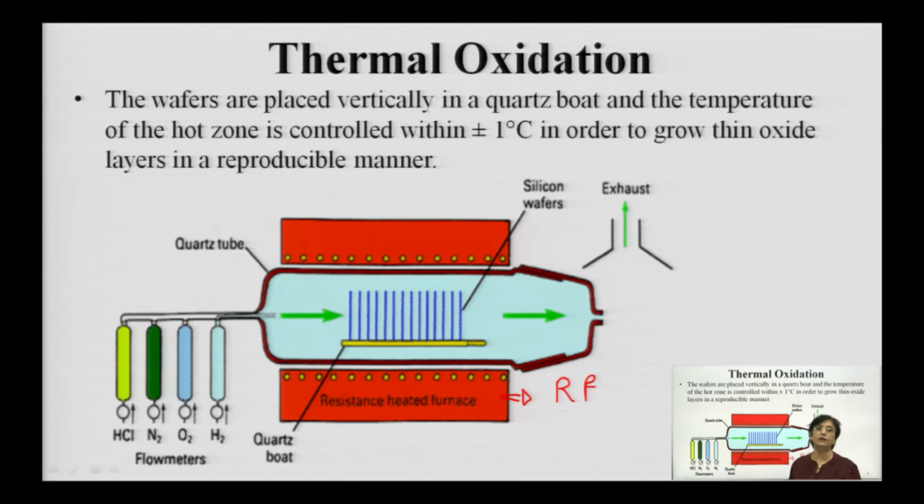Now, the yield or efficiency of the process is the number of oxidizing species you have used against the number of oxidizing species that have resulted in the growth of the oxide layer. If the species are not being fully used, you are wasting the source species which are allowed to enter into the furnace. So, you do not want that to happen; you want the entire oxidizing species that enter